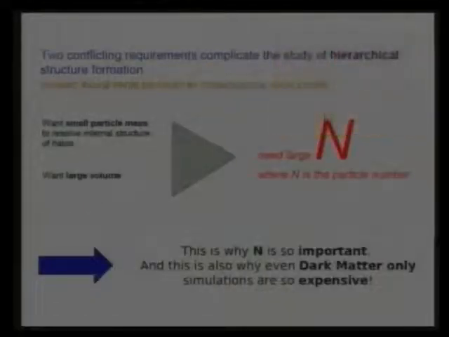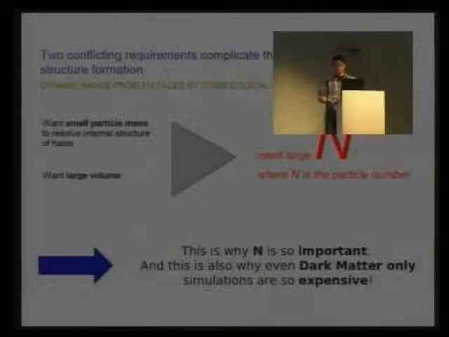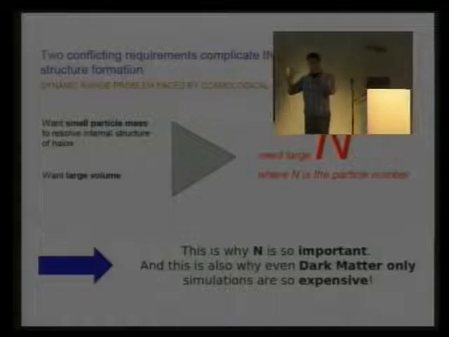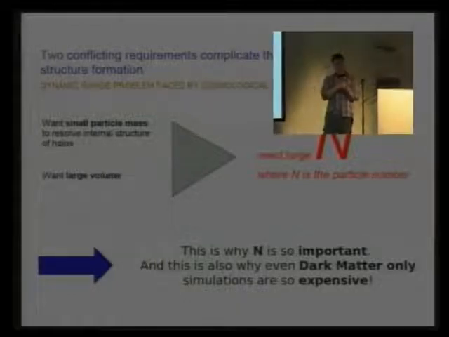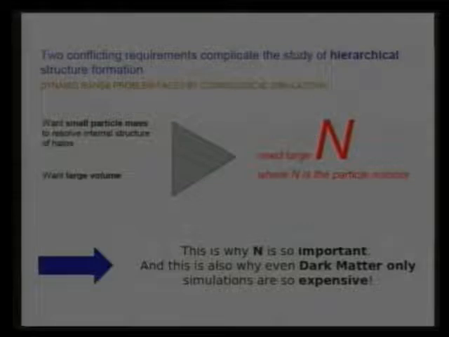And now the question is that you have a finite set of particles, so n particles in your simulation to represent the dark matter. And this n has to be very large, and this is also the reason why the simulations are so expensive. And why does it need to be so large? Well, the larger the n, the smaller the mass of these individual clumps, and the smaller the mass of the clumps, the better your